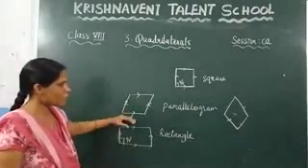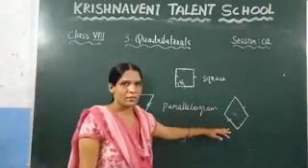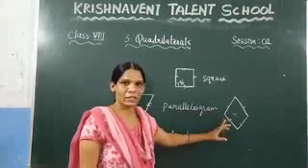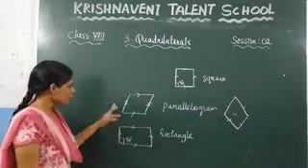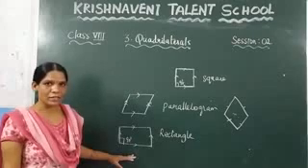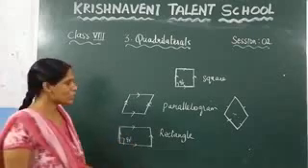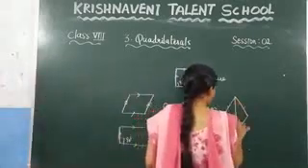So, you can state it here. In a parallelogram, if the edges and sides are equal, what do we get here? The rhombus you will get. Similarly here, in a parallelogram, if one of the angles is 90 degrees, we will get a rectangle. This is about the rhombus.